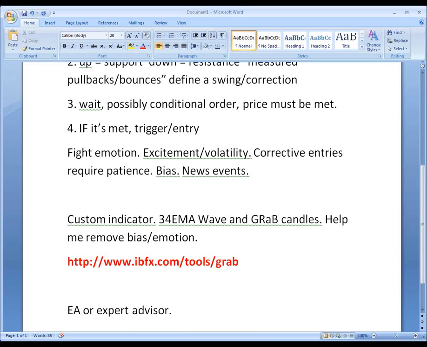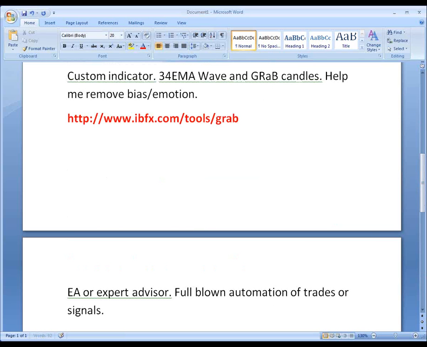If you're looking for certain criteria to be met, an EA can not only give you the buy and sell signals according to those requirements that you've outlined, it can even go as far as actually executing the trades. There's different levels of expert advisors. You can have ones that just give you a signal, and ones that give you the signal and enter the trade. There's a number of them, but that really takes a step into full-blown automation. You can go to full-blown automation, either of your trades or simply signals. Okay? So, for example,